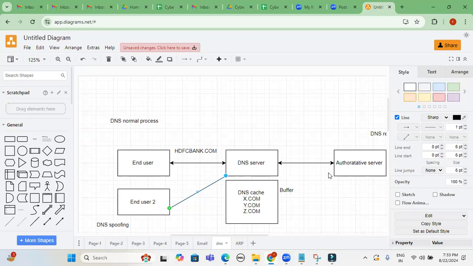This is the way the normal backend process of a DNS server works. So this is what you have to explain whenever you are asked: what is meant by a DNS server, and how does a DNS server work? But most of the people I have seen, they will say